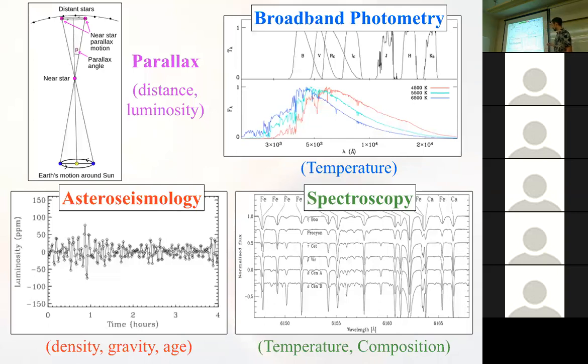Or you can also do astroseismology, which is a pretty new method that, in an elegant way, uses the same data that we use to detect transiting planets, with just photometry, to learn something about the stars. So astroseismology is the measurement of stellar oscillations. You see these oscillations in the light curve, so that the intensity goes up and down because of pulsations within the star. We use those pulsations to learn something about the properties of the star.